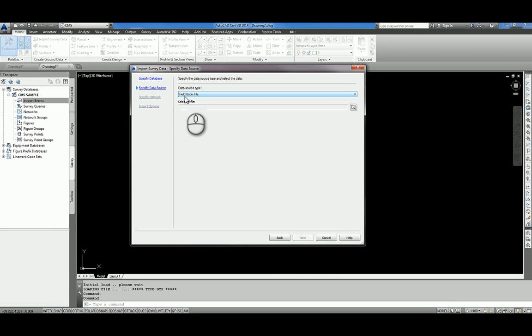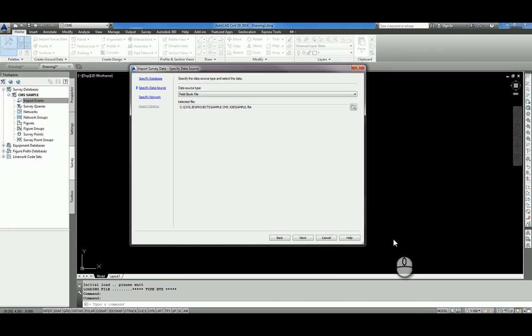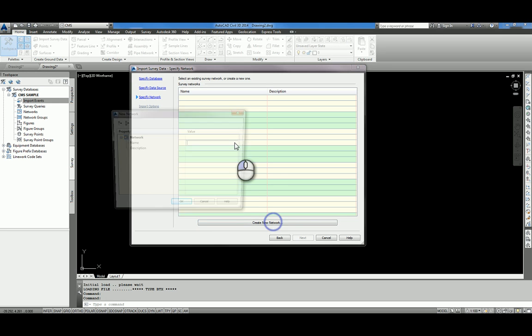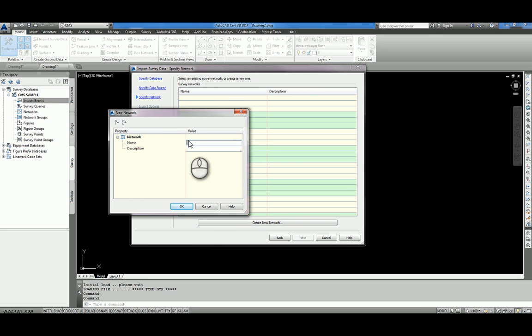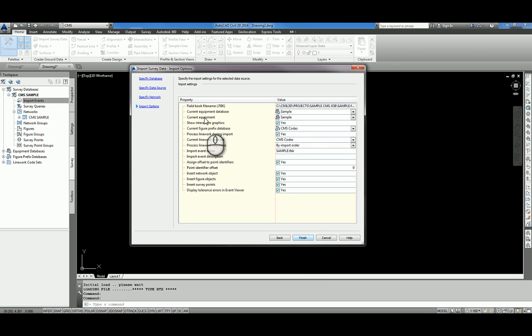We now need to select our fieldbook file, which you should have copied and saved into your job folder. We then search for it. Here, this one is located in my sample CMS jobs. Clicking on the sample folder and clicking open. I then proceed and click next. This brings up a specifying a network. We now need to create a network. Choose your job number. Again, mine will be CMS sample. And then click next. This will then bring up the importation, which is the final bit that we have a